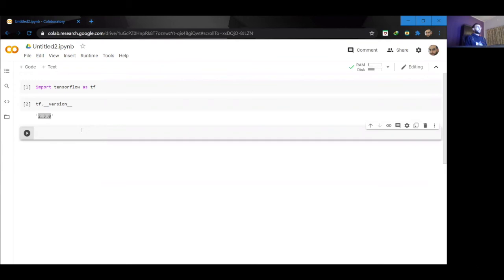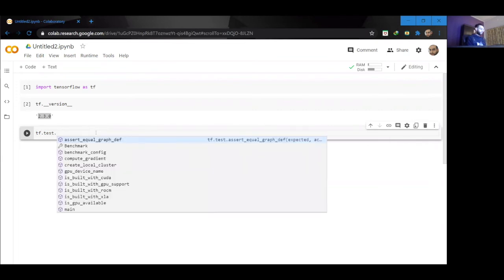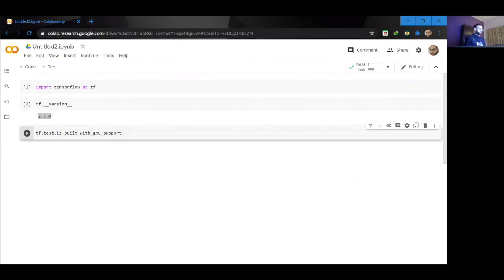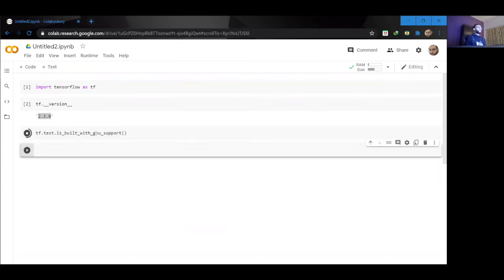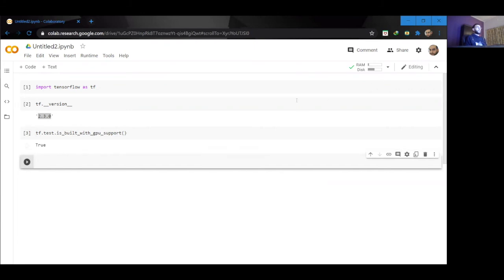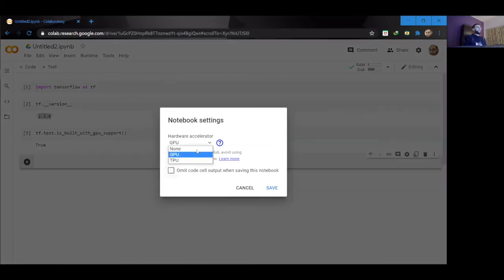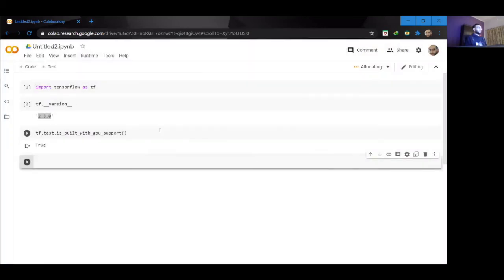And there are some very useful functions that you can use in TensorFlow. For example, if you want to check whether your TensorFlow has built-in GPU support or not, you can say tf.test.is_built_with_cuda. And if you run this, it will tell you whether the kernel that you're running right now has GPU support or not. For example, if I change my runtime settings to none and run this again,